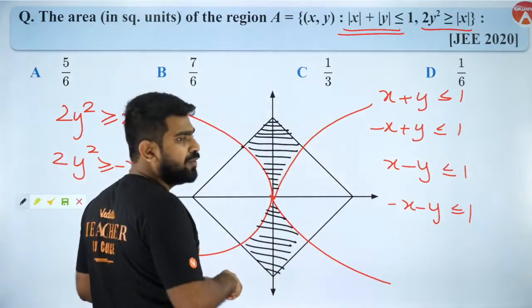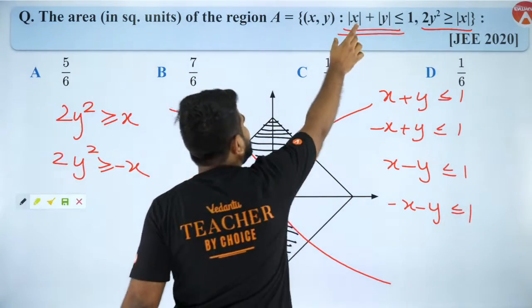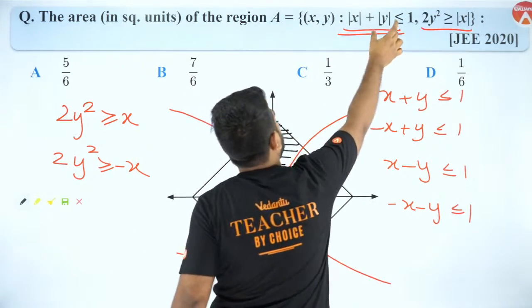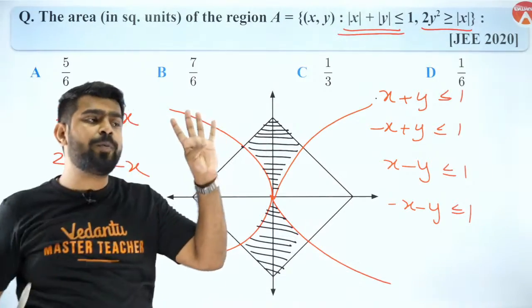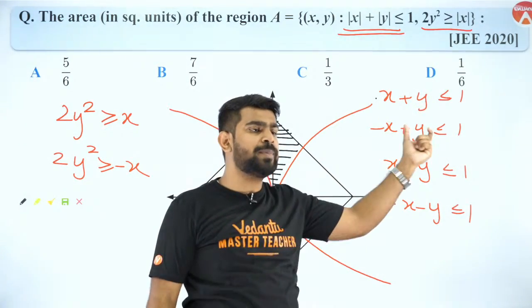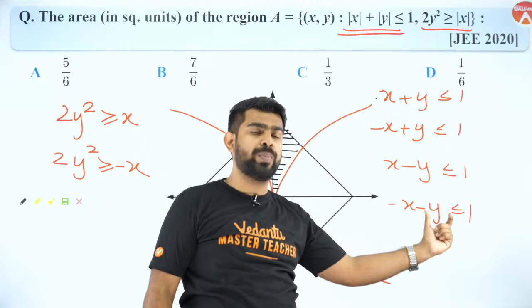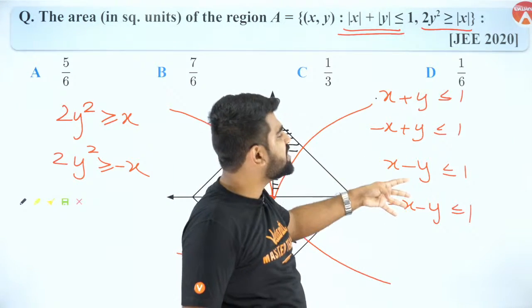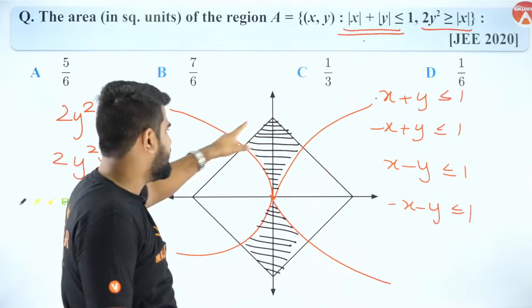So like I said before, please listen carefully, Shibi. Your mod x can open as plus x or minus x, and your mod y can open as plus y or minus y. So there are 4 possibilities: plus plus opening, minus plus opening, plus minus opening, and minus minus opening. These are the 4 line equations you will get from this inequality, and I drew those lines that will